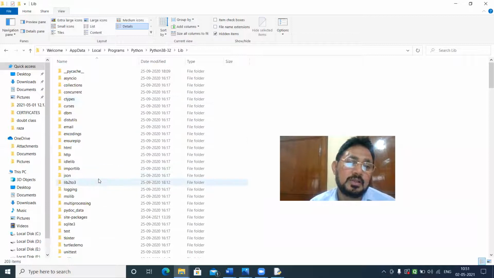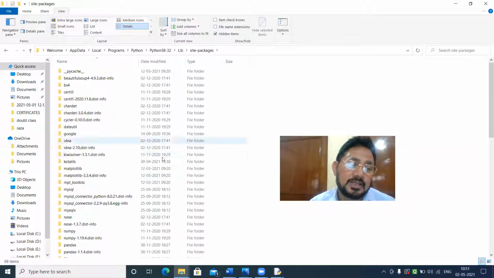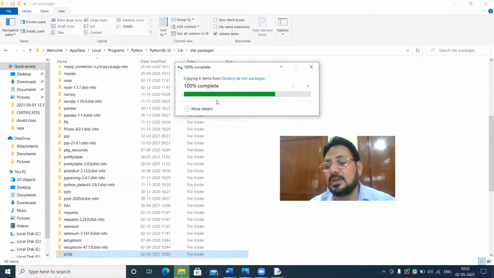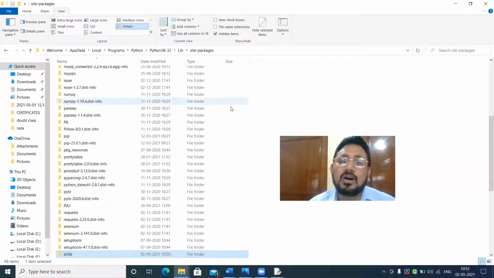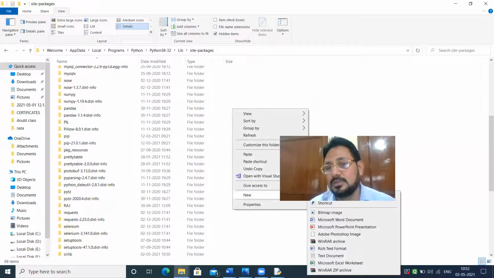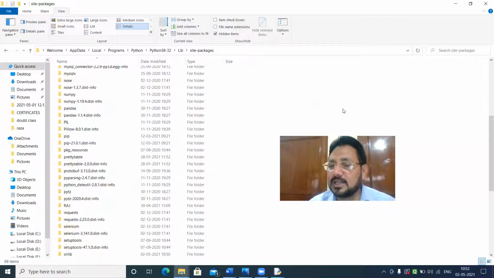After lib, then you come to the site packages. After coming to site packages, you simply paste your folder. If it exists there, you have made changes, or you can just create your folder here also. That's not a problem. But normally we make it at a safer location, because all the library files are stored here. Okay.